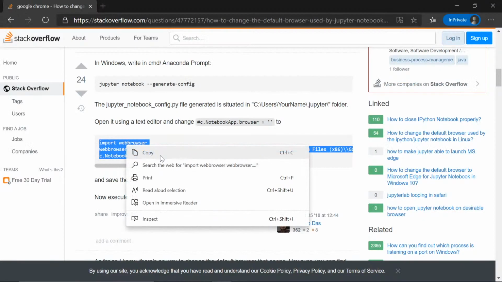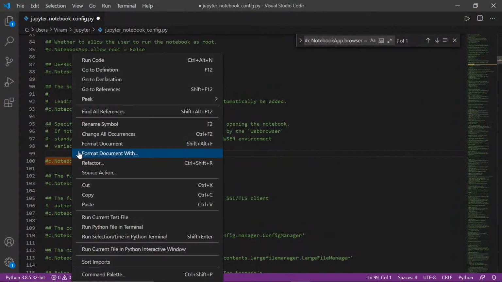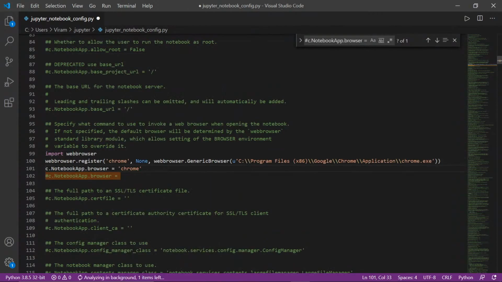Let's copy it again, copy and paste it directly here. So here, let's say we have Edge.